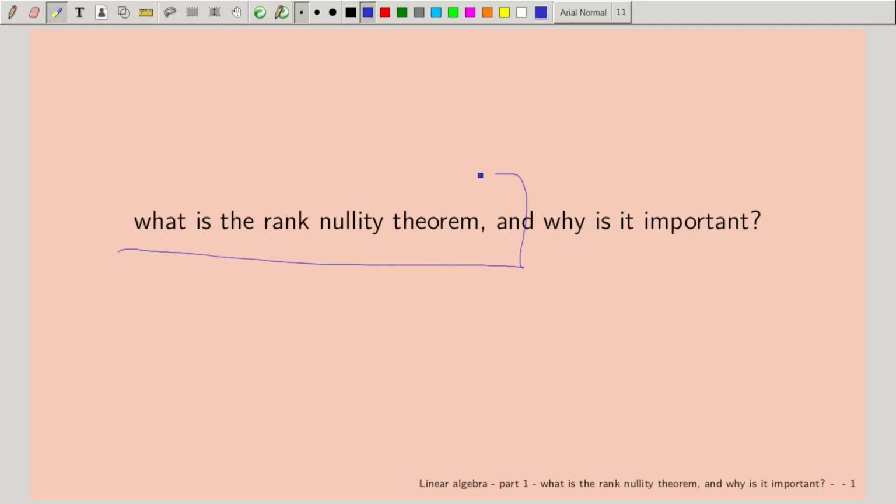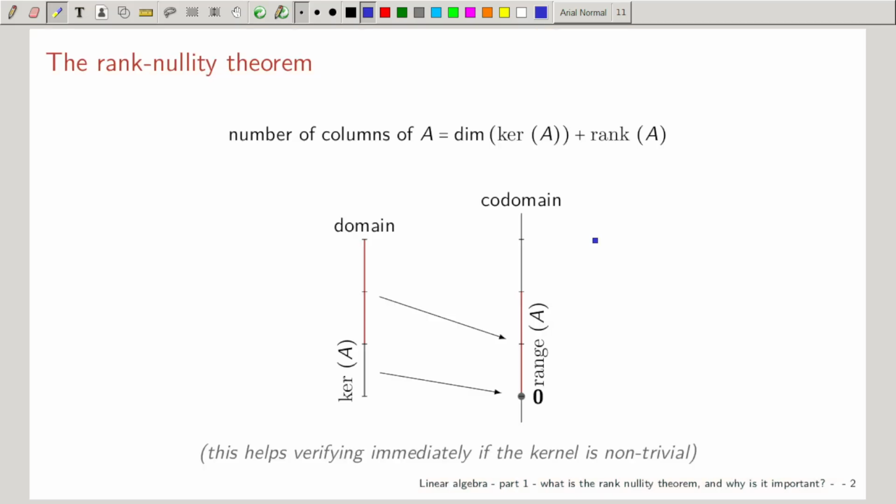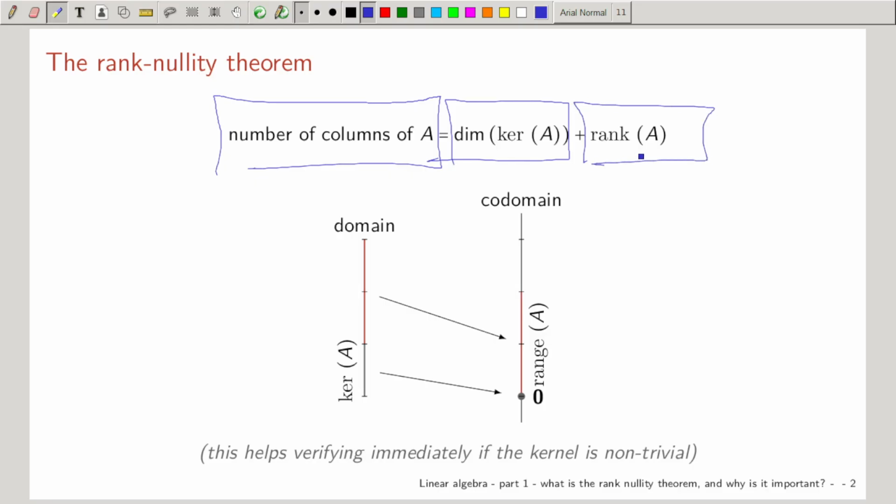What is the rank nullity theorem? Why is it important? So, in a certain sense, the statement is super simple. Number of columns of A equals dimension of kernel of A, plus rank of A. Let's decompose. This statement has a very precise geometrical intuition that ladders on all the intuitions that we did up